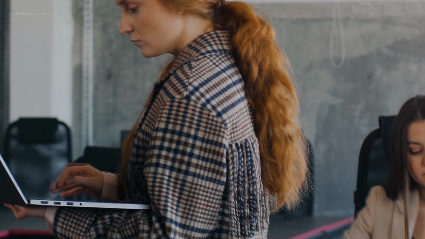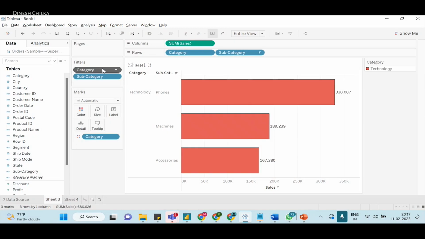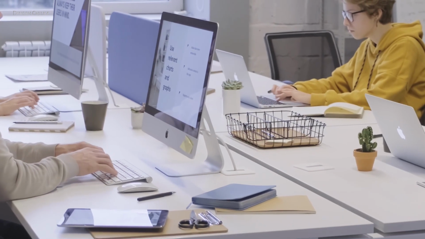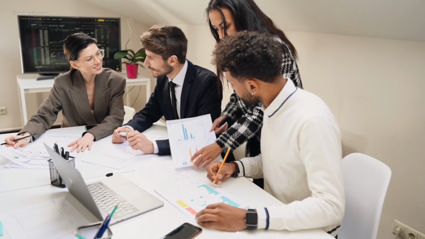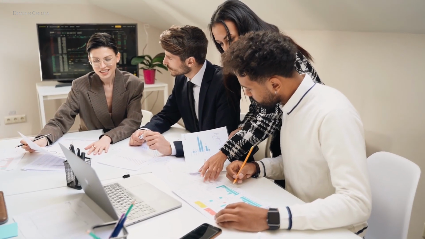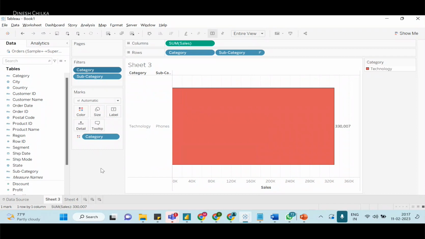First of all, a context filter is a major filter. It is always shown first and always shown in gray color. If you observe, suppose I remove this context filter, remove from context. Now what is happening? If you see the result,